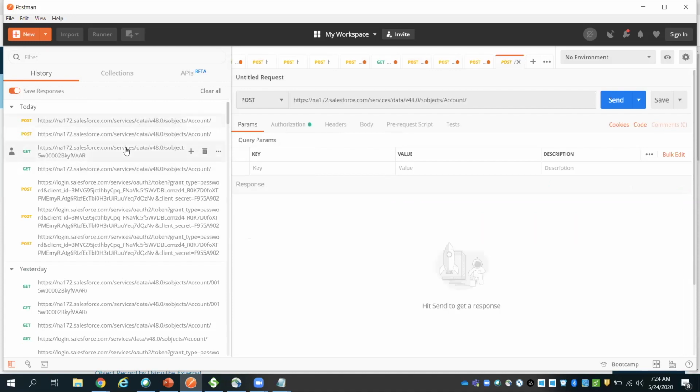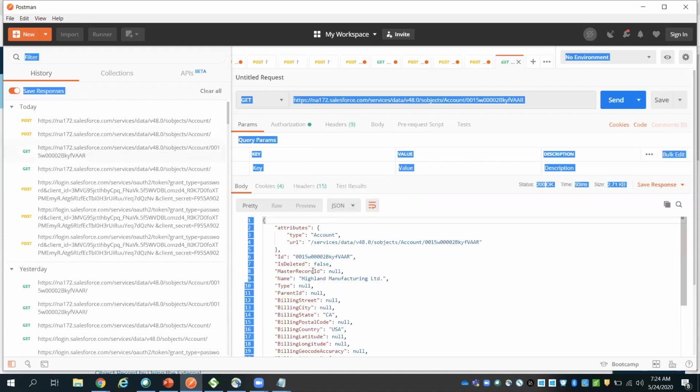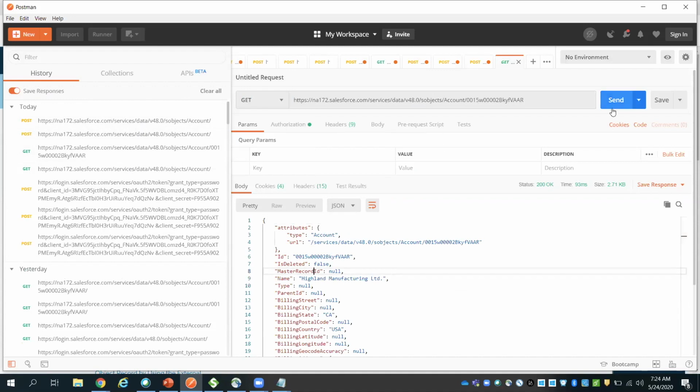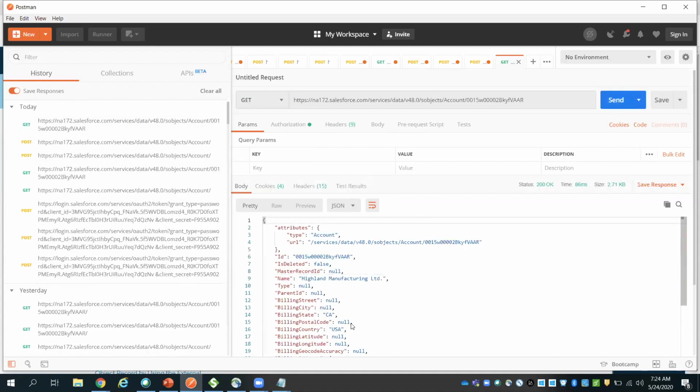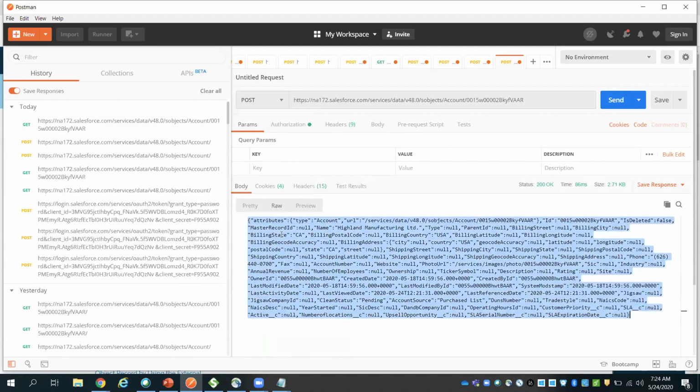Okay, so I will revisit this thing. Basically, here you are able to retrieve some data. Similarly, when you select POST and put some JSON format, you are able to create some data.